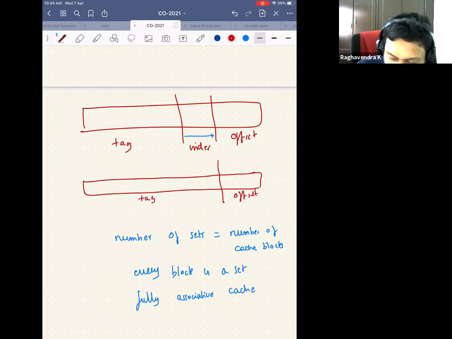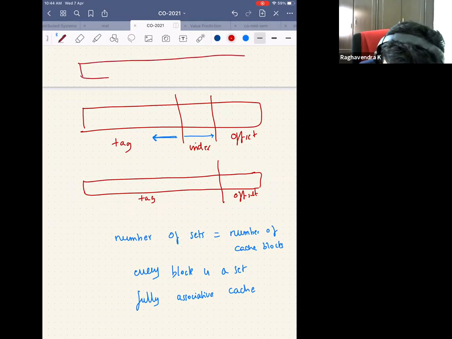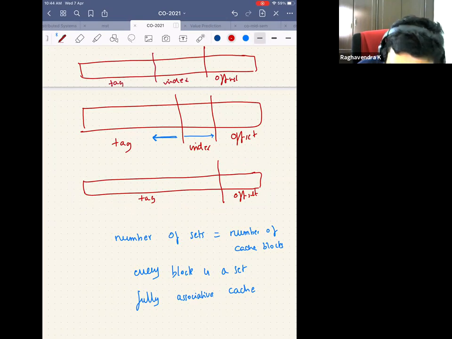There is one more place where I can actually move this way. So I have the same offset, but the number of index bits have increased to the maximum, and then there is tag.